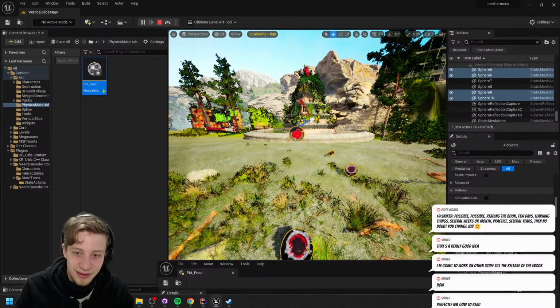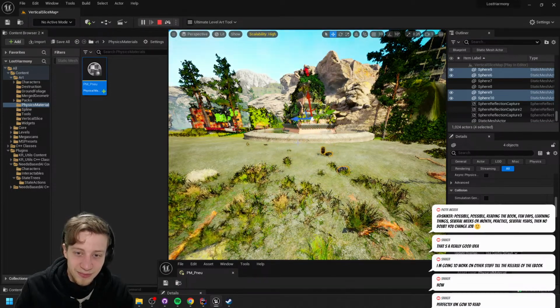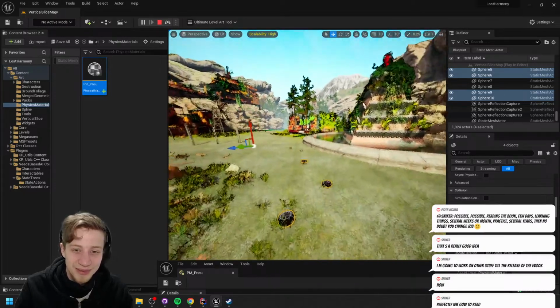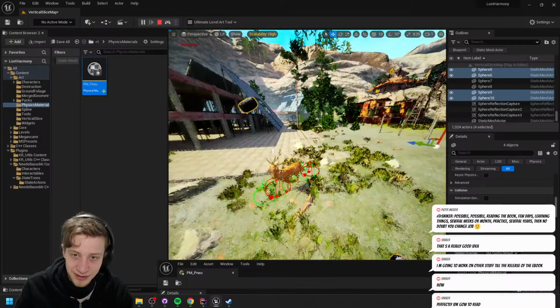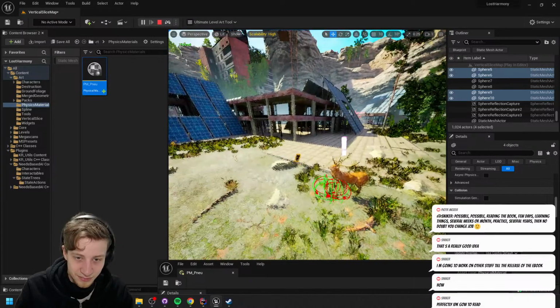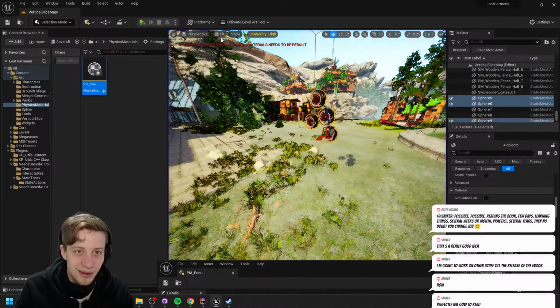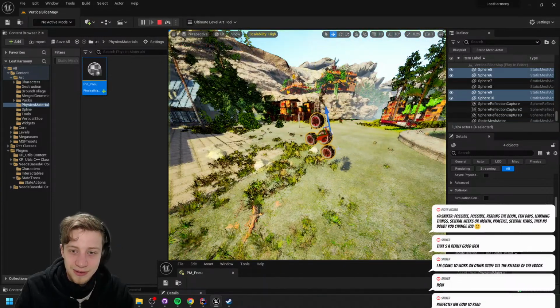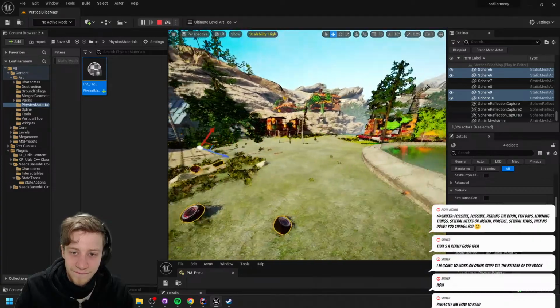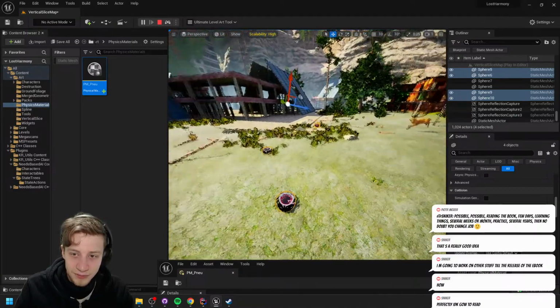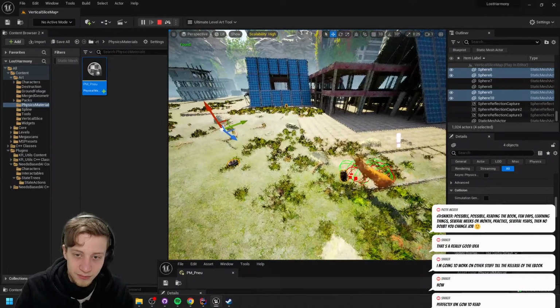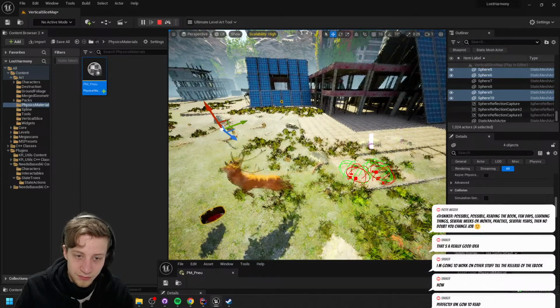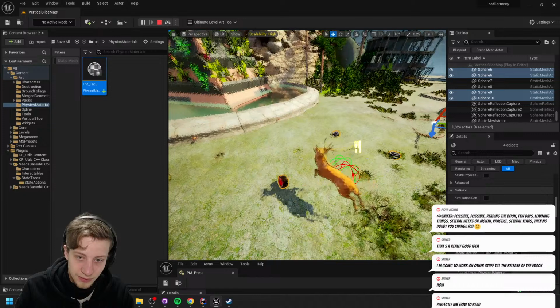Okay. We got ourselves much more bounciness now. Okay, I think this is pretty fun. This is good. It's nicely rolling around.